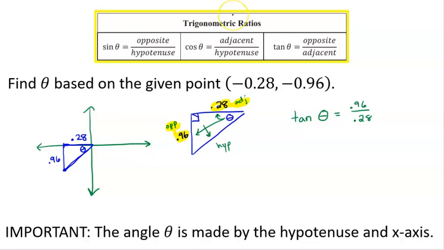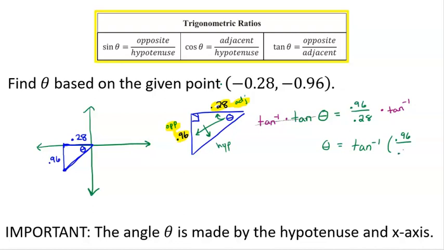So now, to get theta by itself, I'm going to do the inverse tangent, and then some people write inverse tangent on this side, and then these two cancel, and I'm left with theta equals, and then you write it properly when you go to show your work on this side,